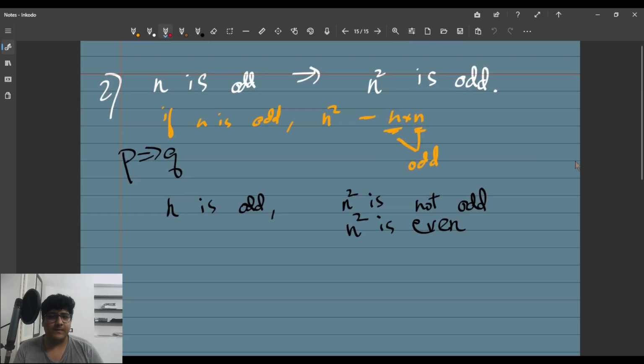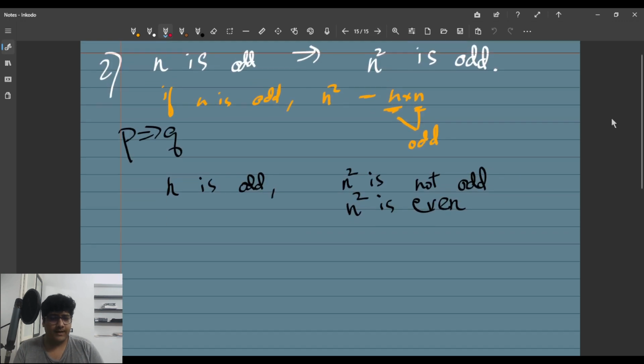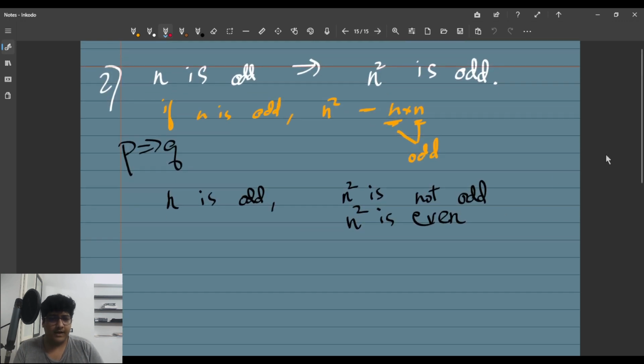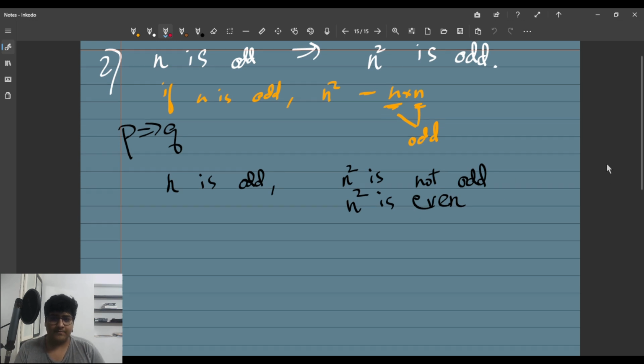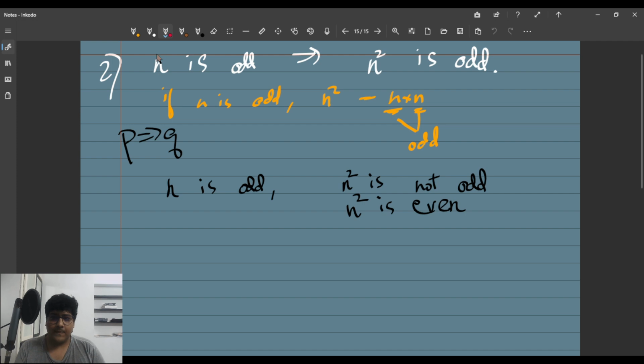So similarly, here we are assuming n is odd to begin with, and n square is not odd, that is, n square is even. Because of the previous argument we gave, a number can be only even or odd. It cannot be both or neither. So does this lead to some contradiction to P, to n being odd? Well, let us see. What if n square is even? If n square is even, then it can be written in the form